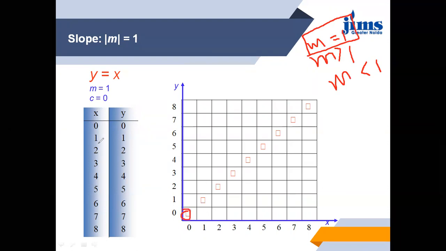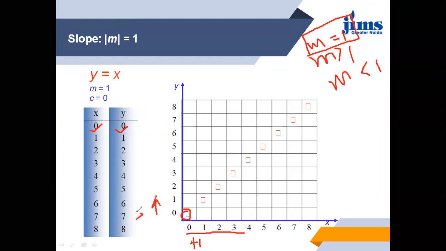Suppose this is our first pixel, x and y. What will happen when I go along the x axis and increment the pixel value by 1? I am adding 1 every time, so earlier it was 0, and 0 plus 1 is 1. In the x direction I am taking the next pixel, so in the y direction also, I have to add 1.